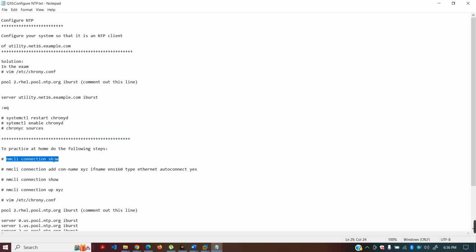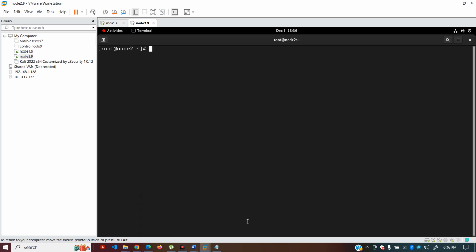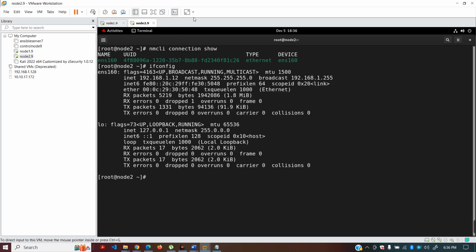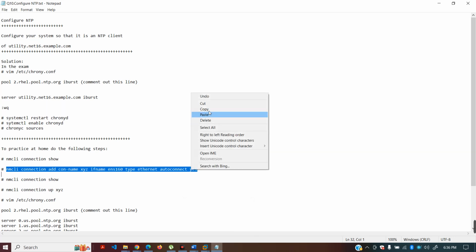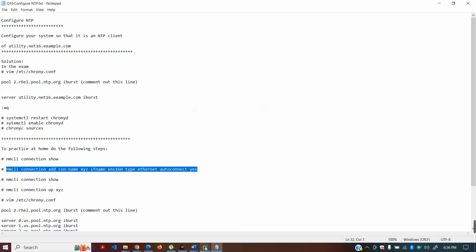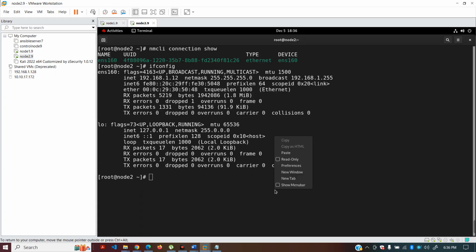First of all, run this command just to check the NIC profile, and you can see we have only this NIC. And if you run ifconfig, it already has one IP. But I want to create another profile so that you can utilize it for your practice, and on that NIC you can configure another NTP server. So for that reason, you run this command,